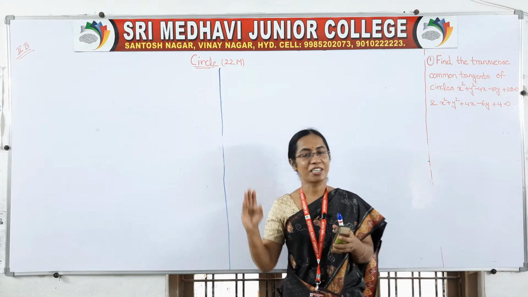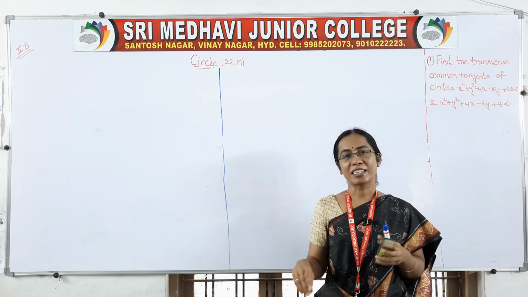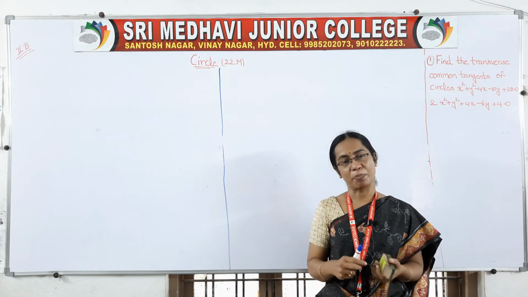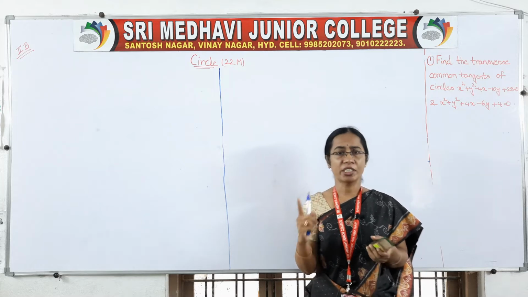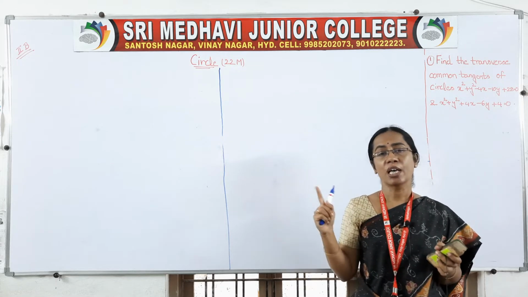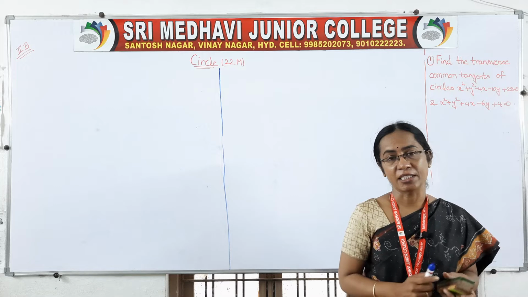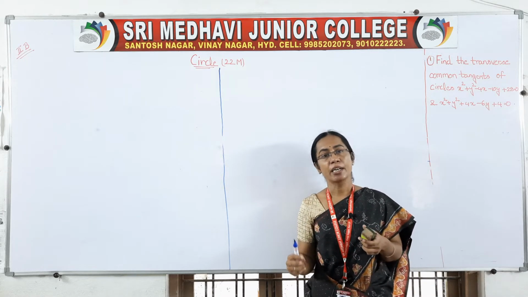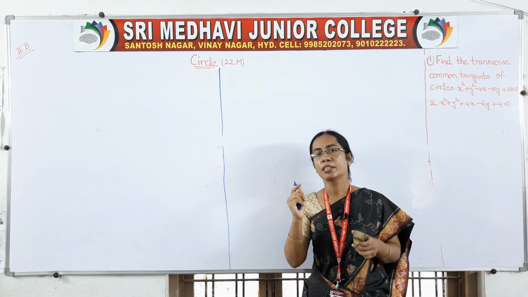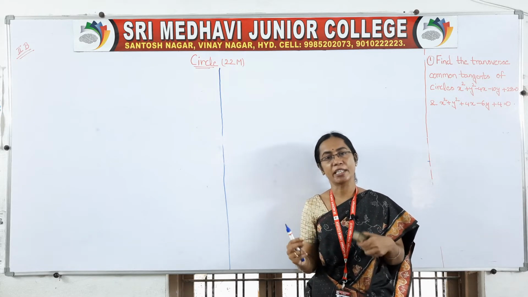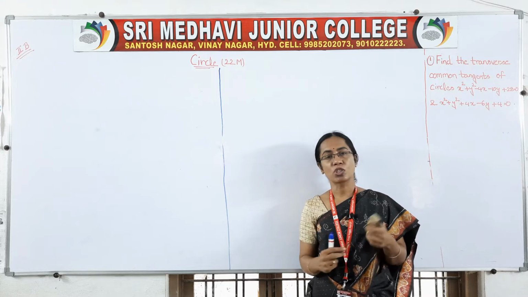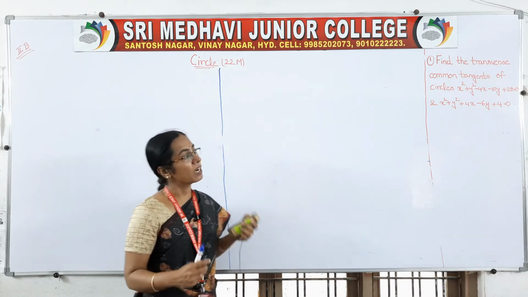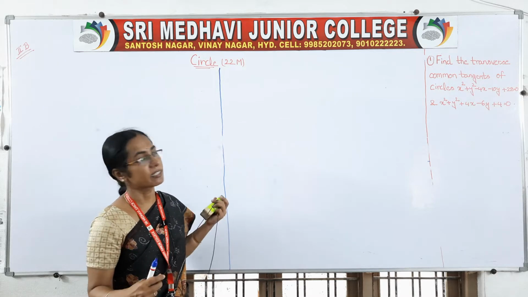Today we will finish our lengthy topic, circles, with the last question. This is a 7 marks question and the most repeated question. Only one question, just like our previous class, where I said only one direct common tangent question will be there. Same thing, only one transverse common tangent question will be there in the exercise, and that is the most repeated question. So we will do that problem, and with that we can end our circles chapter.